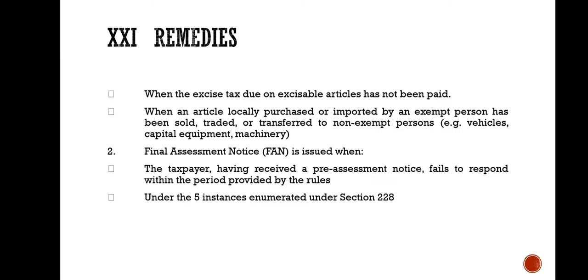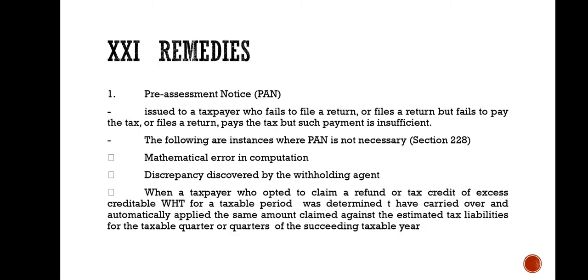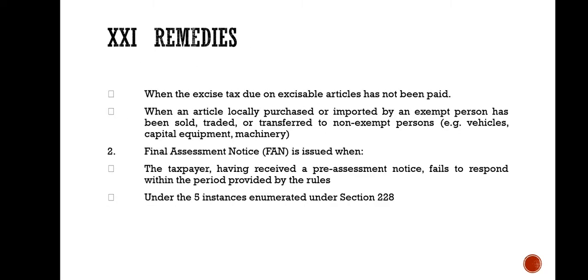Another one ay when the excise tax due on excisable articles has not been paid. Ito pala yung last. So, maliban dun sa tatlo na sinabi natin kanina, may pang-apat at pang-lima pa. Yung when the excise tax due on excisable articles has not been paid. And number 5 is when an article locally purchased or imported by an exempt person has been sold, traded, or transferred to non-exempt persons. Examples given ay